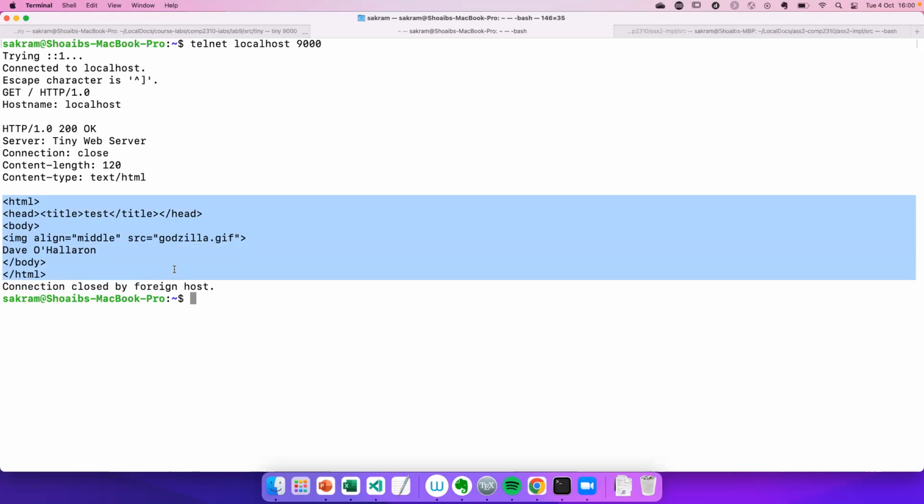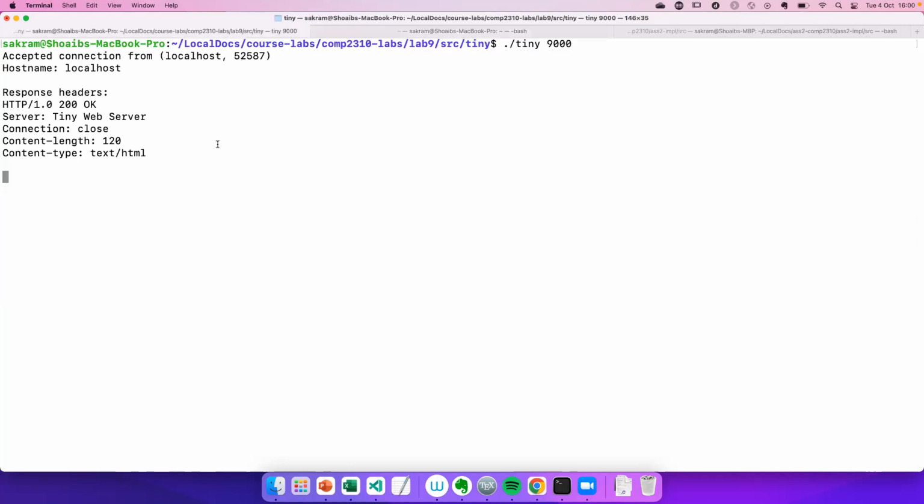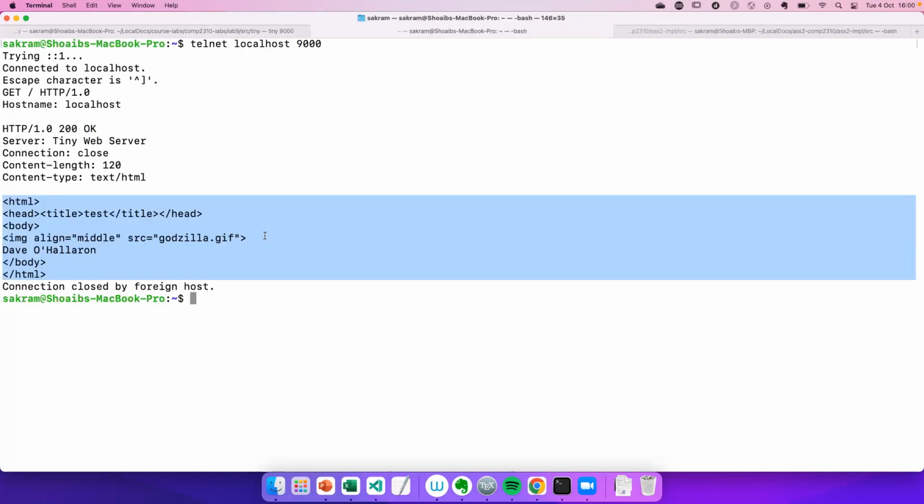And if I go to the server, it reports that the connection did succeed, and it created the response headers, 200 OK, server connection, all these things, and it returns the HTML. So the first thing you should do when you start the lab is make sure that on your machine, when you start the Tiny server on a specific port, and then you probe it